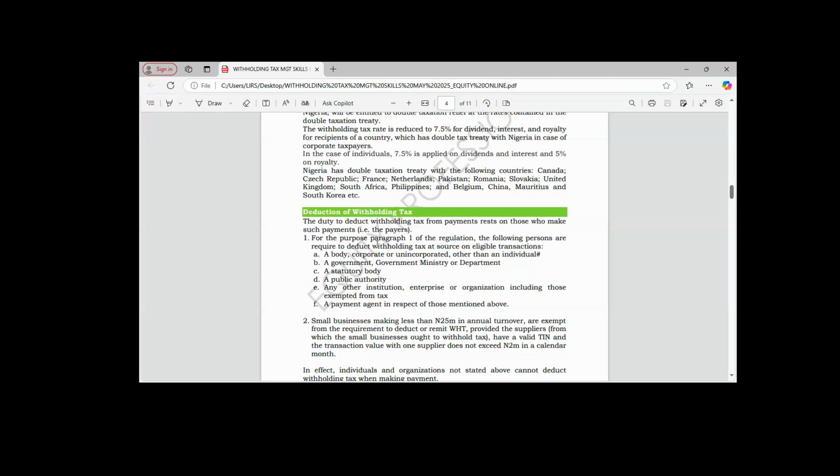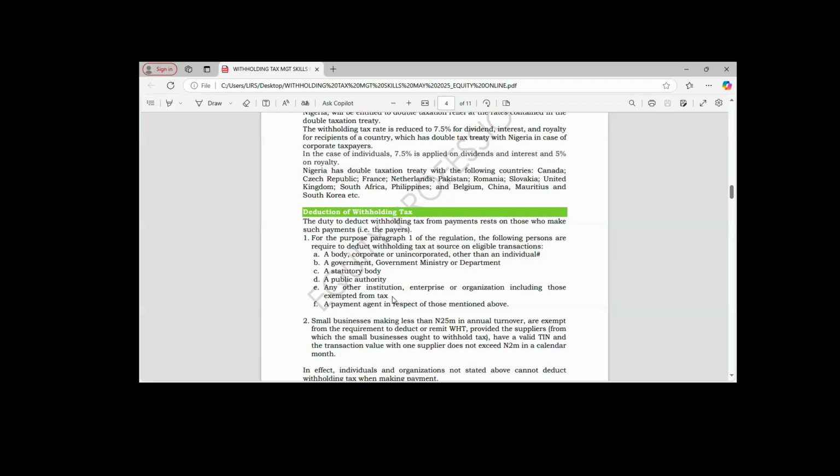So those that can deduct withholding tax: a body corporate, or unincorporated, other than an individual. That means you and I, that we don't run business, we cannot deduct withholding tax. Only a company, corporate body or individual that is in business can deduct withholding tax. Government or government ministry or department, a statutory body, a public authority, any other institution or enterprise, including